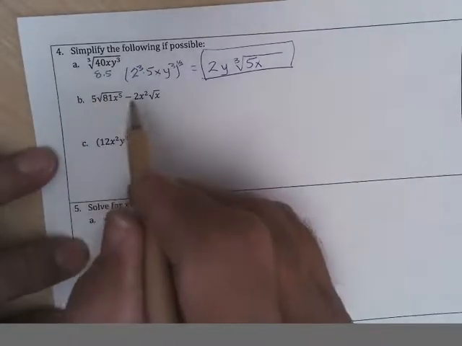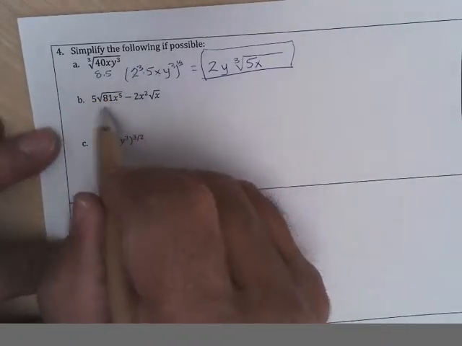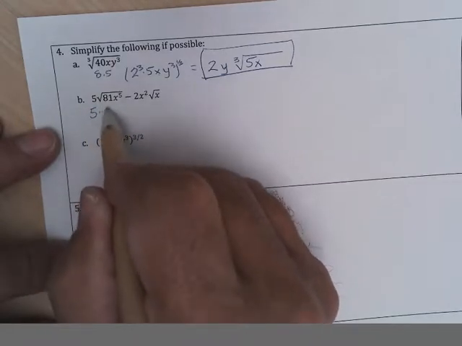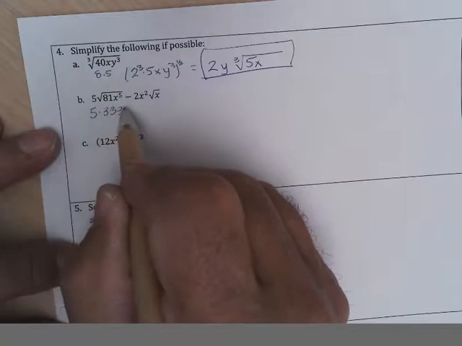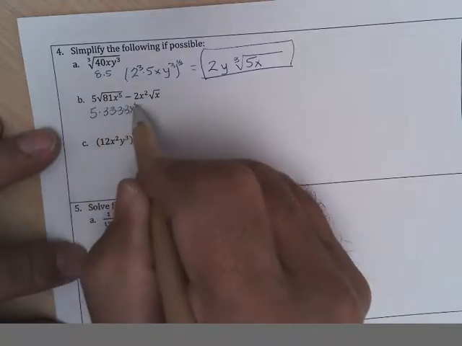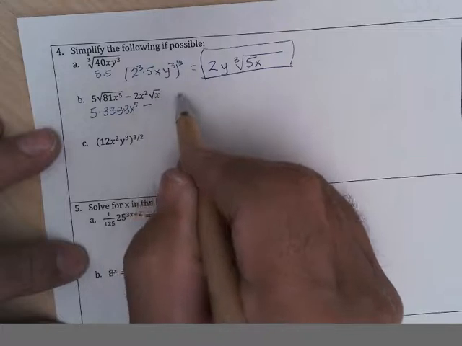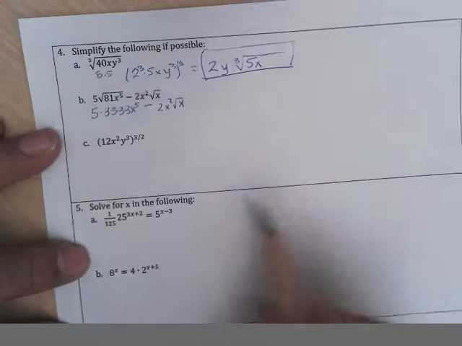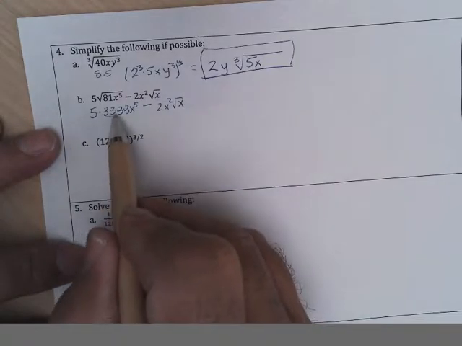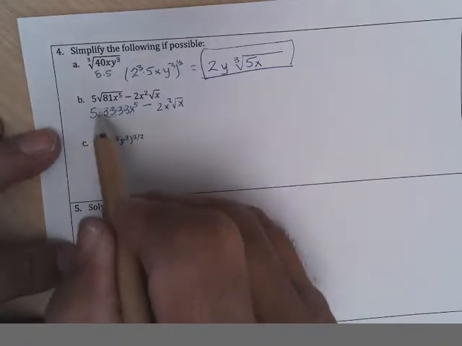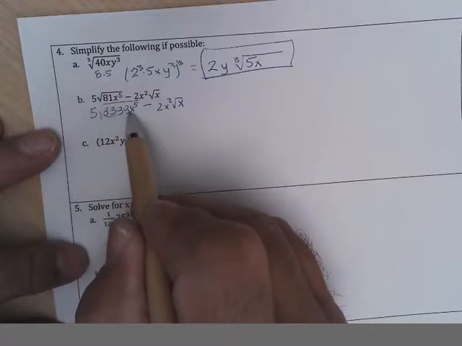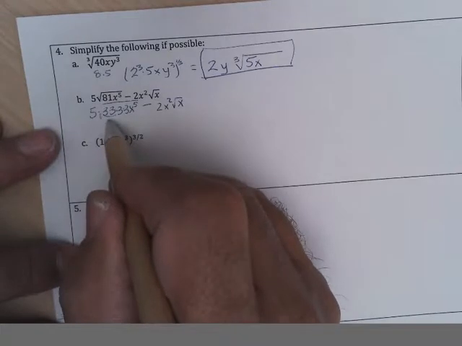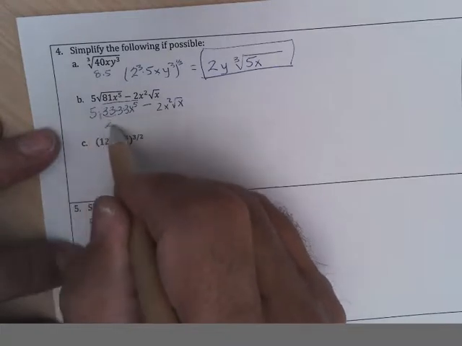Okay, we're doing square roots. So we're taking them out in pairs, so this is the 1/2 power. We have a 5 already out. 81 is 9 times 9, which is 3 times 3 times 3 times 3, 3 to the fourth, x to the 5, minus, there's not much we can do here, so minus 2x squared, square root of x. We're taking out pairs, so there's a pair of 3's come out as a 3, and there's a pair of 3's that come out as a 3, so I got 3 times 3 times 5. 3 times 3 is 9, times 5 is 45,